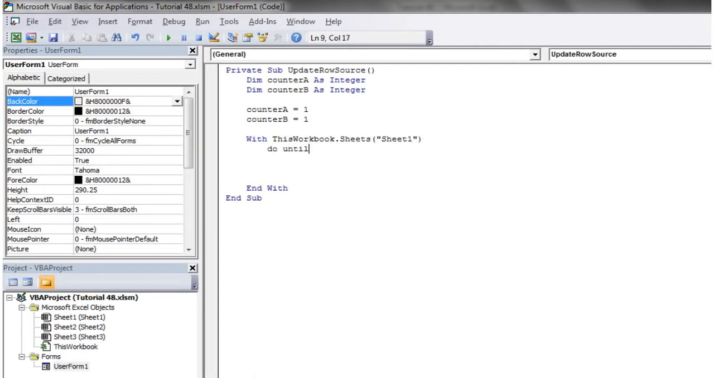So let's just put do until dot cells counter A, comma 1 dot value equals nothing, loop, and then counter A equals counter A plus 1. So that's going to find the bottom of the first column,